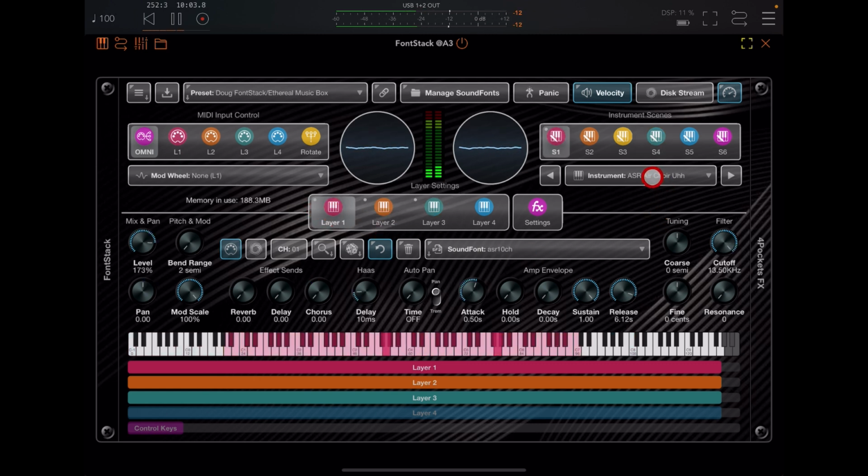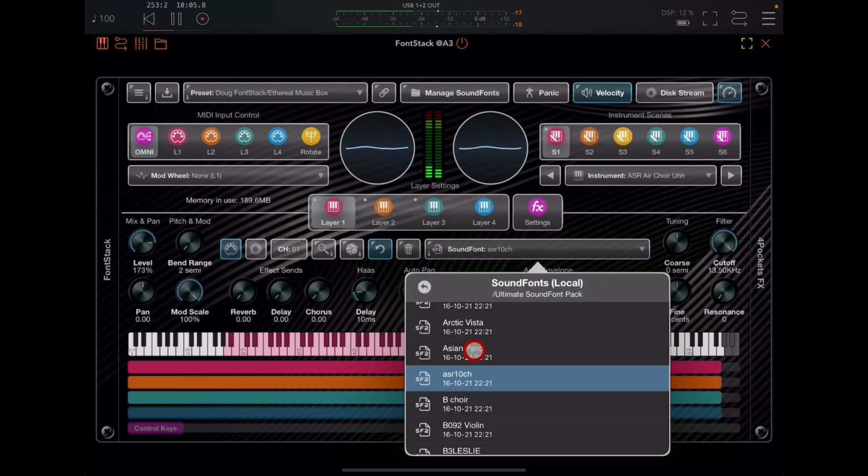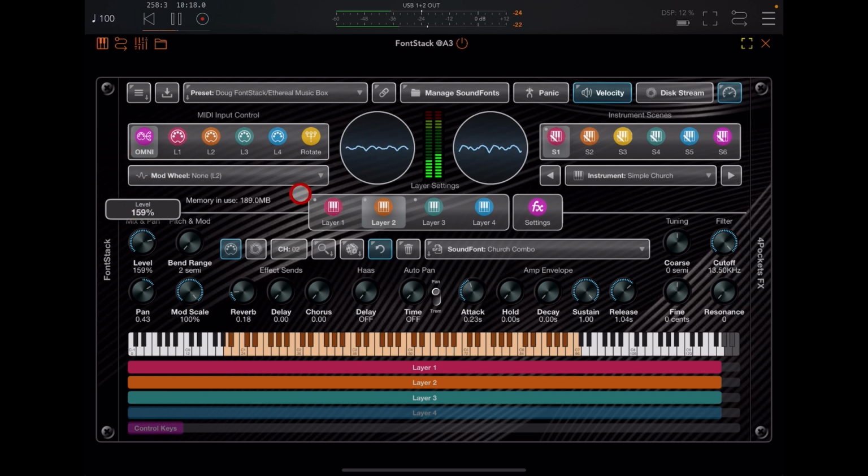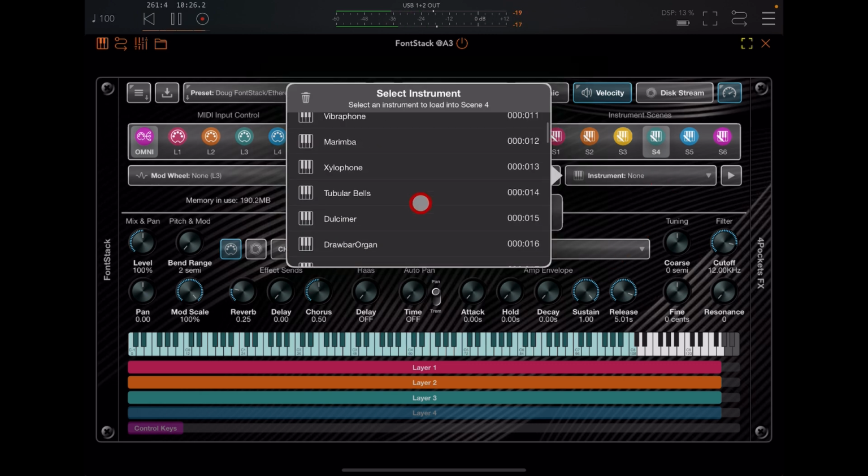I'm going to change this instrument. In fact, I'm going to change the entire sound font. Oh, that's nice. It's a general MIDI bank, so